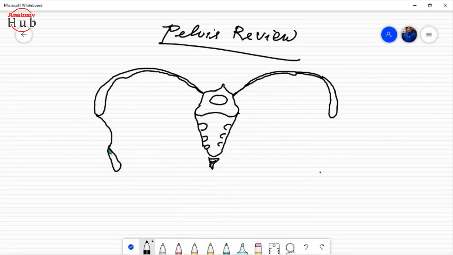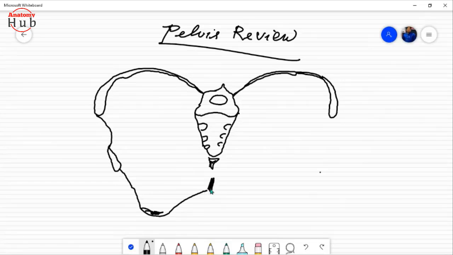If we go ahead, you'll find the ischial tuberosity over here, and here is your inferior pubic ramus, and this is your ischiopubic ramus. That is going towards the midline, and at this midline